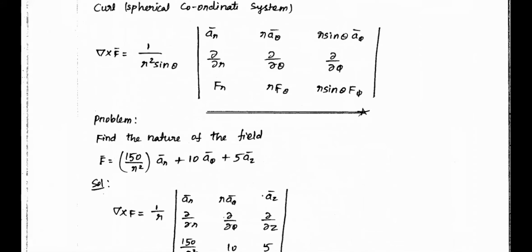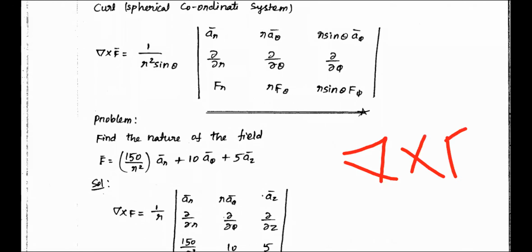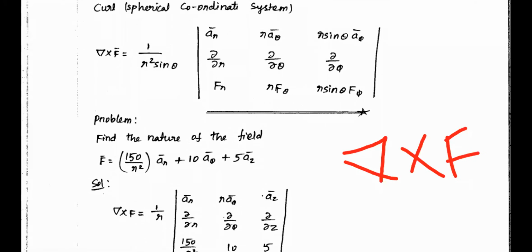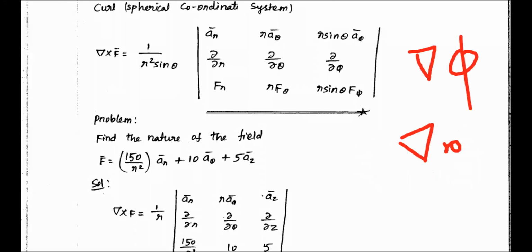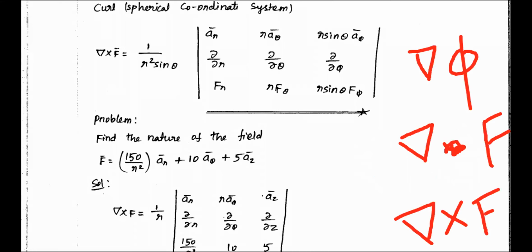So this is the way to calculate del cross F. What we have seen so far are three operations. One is gradient: you take a scalar function and calculate the maximum change of the function in any direction, that is del phi. Then we calculated del dot some vector, the divergence, the outward flow. Finally we have seen curl, which tells whether there is rotation or not, and if there is rotation, in which direction. These are all called vector operators or del operators or space operators.